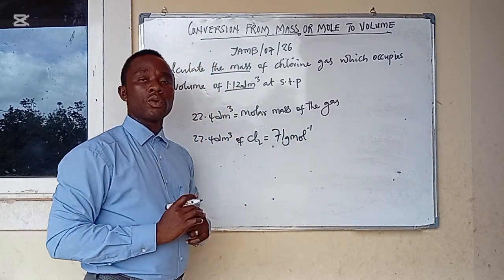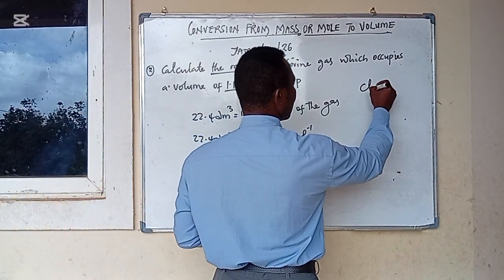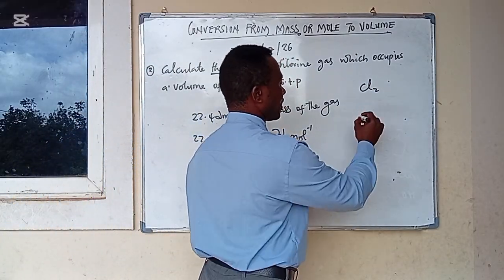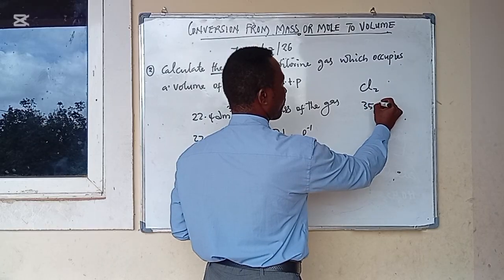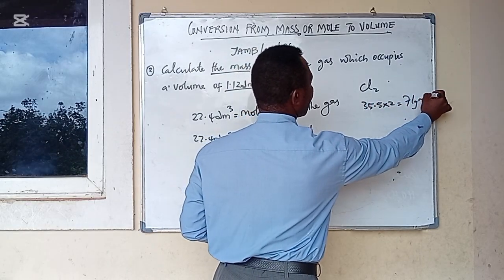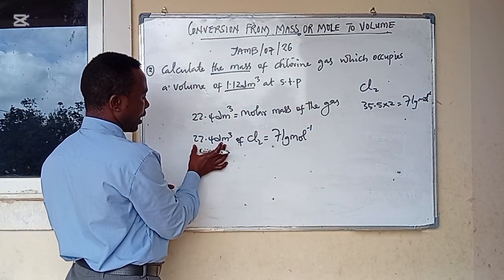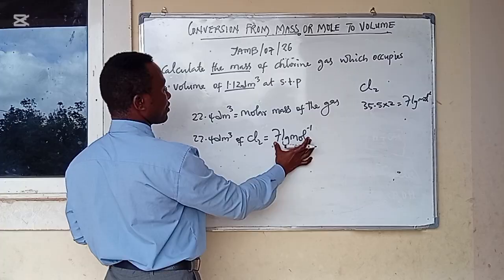Remember, the molar mass of chlorine is not 35.5, because chlorine is written as Cl2, so it's 35.5 multiplied by 2, that will give us 71 gram per mole. That is the molar mass. So if 22.4 dm cube of chlorine is 71 gram per mole,